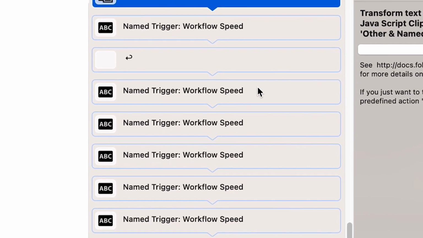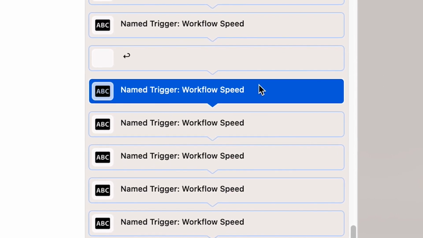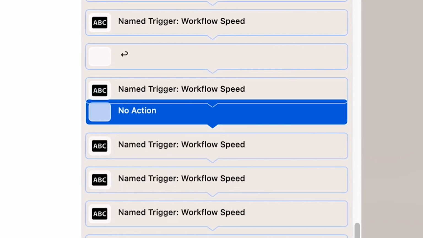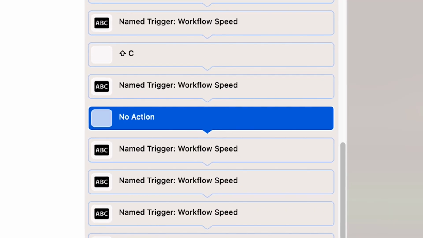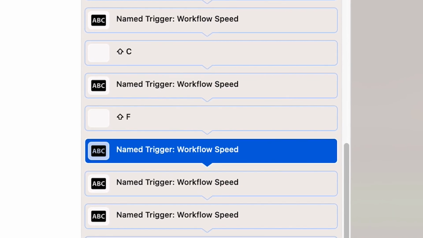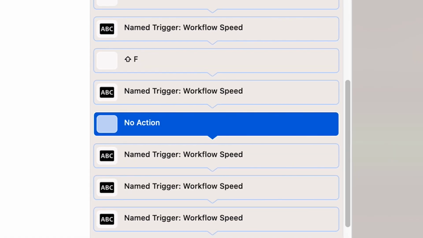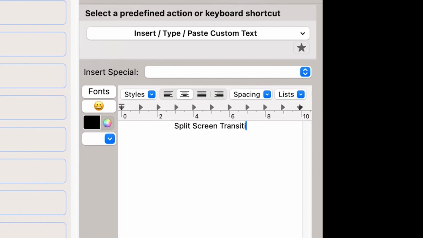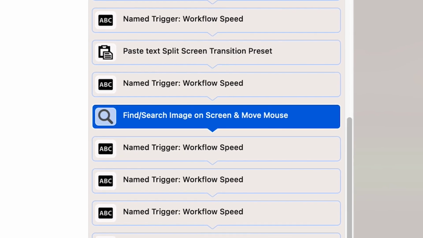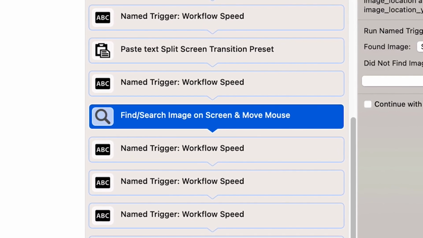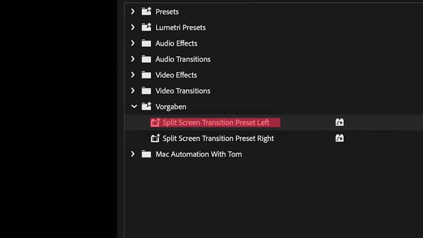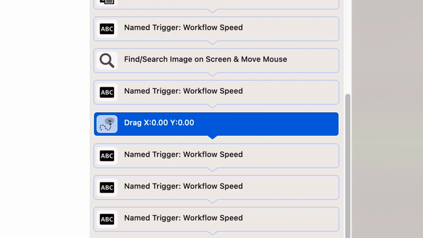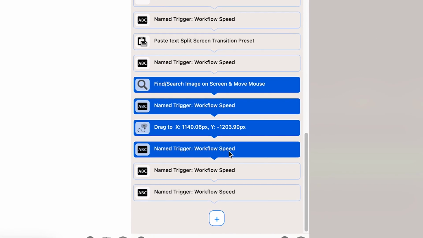In order to apply our previously saved split screen transition presets to both adjustment layer pieces, continue by adding the shortcut action Shift plus C and Shift plus F to highlight the search field of the effects panel. Then comes insert type paste custom text with split screen transition preset written into the text field, followed by find search image on screen and move mouse, with the red rectangle positioned over the preset for the piece named left. After that, the action drag mouse to position,